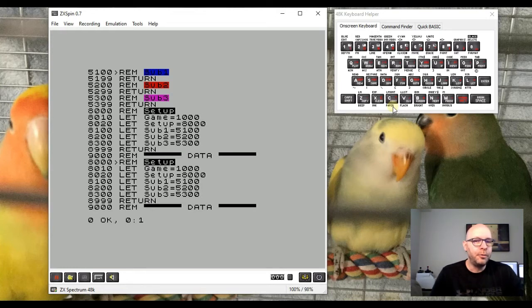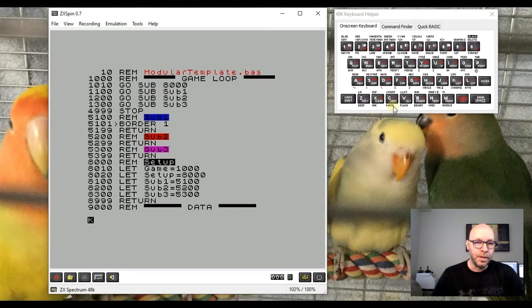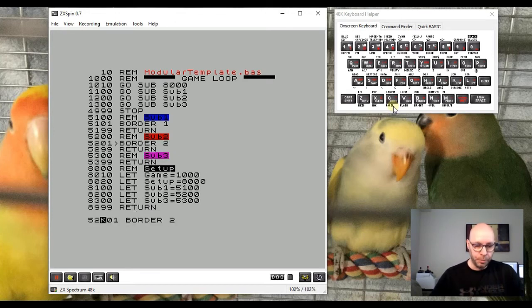So for example, if we wanted to know whenever a certain subroutine is running, we could change the border color to match the color that we've used to highlight the name of the subroutine. So in this case, since subroutine 1, for example, is highlighted using the blue color, at let's say line 5101, I could immediately change the border color to blue, like that. And I could do the same for the other subroutines. If I bring this line down and edit it to 5201, border color 2, and then 5301, border color 3,